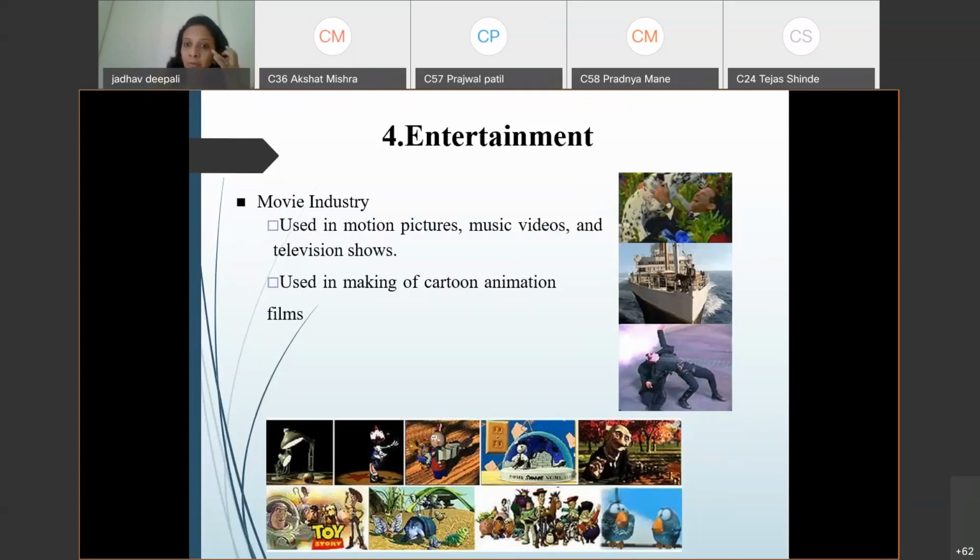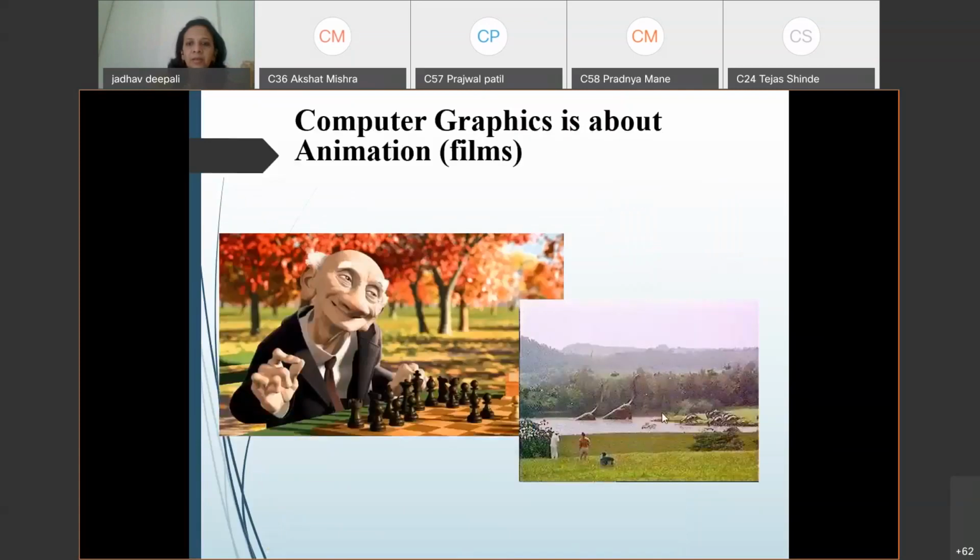As I told you, Hollywood movies, the Terminator and all these movies. Another example, dinosaurs in this image. Are such dinosaurs available nowadays? No, it is created through animation, graphics. In Jurassic Park, Anaconda, all these movies, most of the things are animations, and behind all these there is graphics.